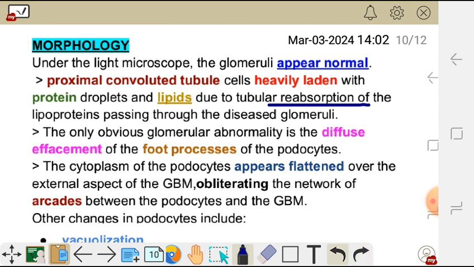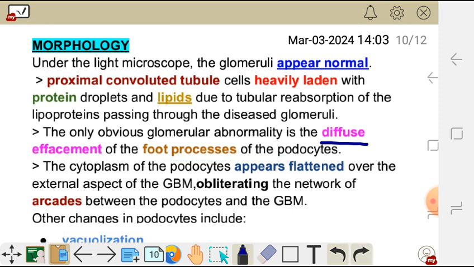So the kidney tubules will try to reabsorb the proteins which have been lost in the glomeruli. In that case we are going to see heavily laden protein droplets and lipids due to that reabsorption process. And we also are going to see, as I've already said, the diffuse effacement of foot processes